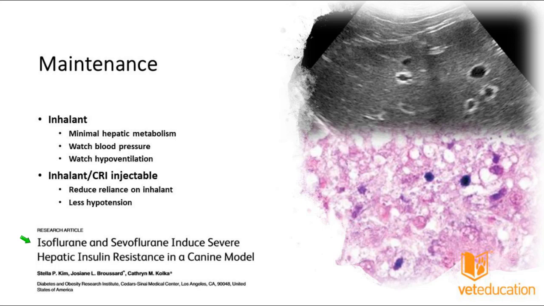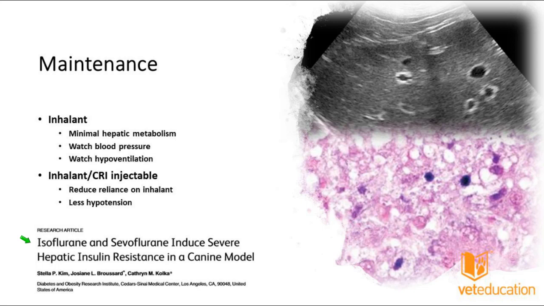So what they did was they inserted catheters with radioisotopes of glucose into these patients, and then anesthetized them with isoflurane and sevoflurane, and then they looked at changing blood glucose concentrations and insulin concentrations as well, and they found that there was significant insulin resistance, which is actually going to bump your glucose level up,